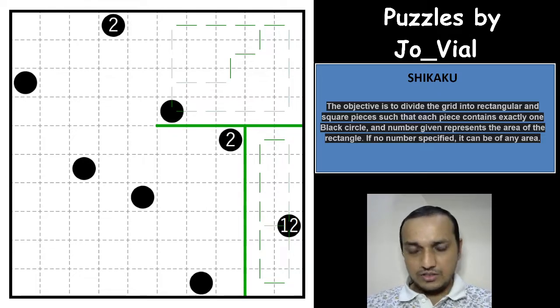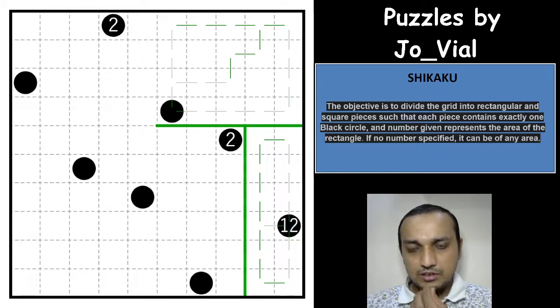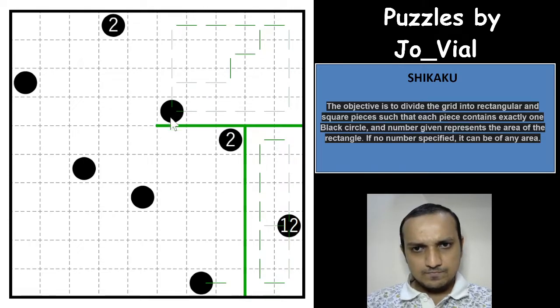Let's see what we have next here. This area can still be extended this way, or we can just stop it here, but let us see how we can go logically further. This can be taken by only this black circle, okay, I get that. What about this? This can be taken by this or this black circle. Anyway, it is possible.